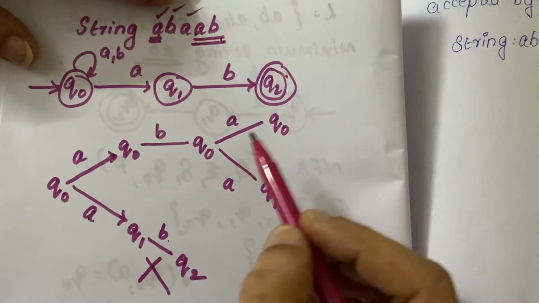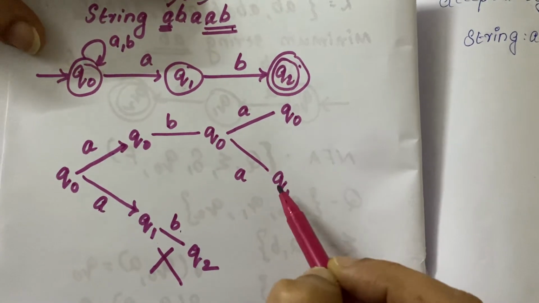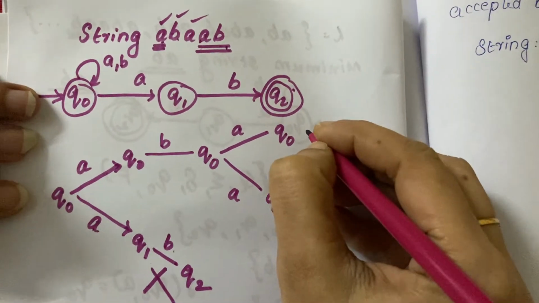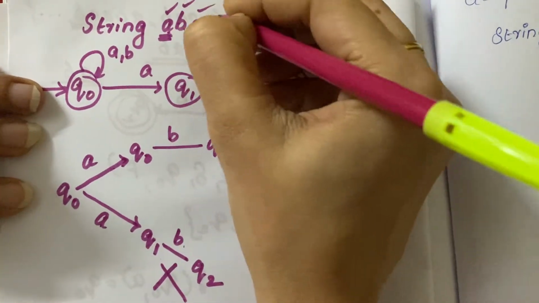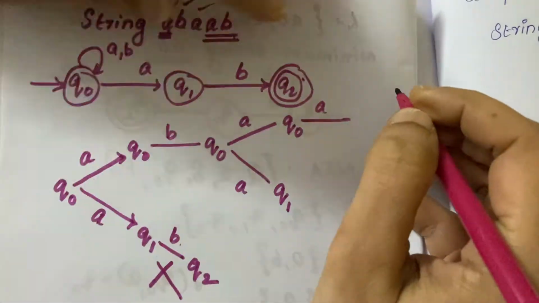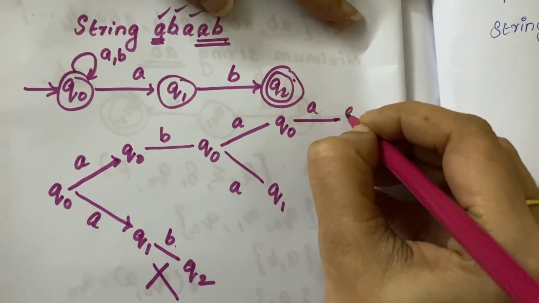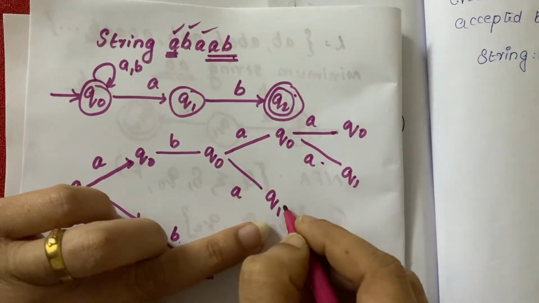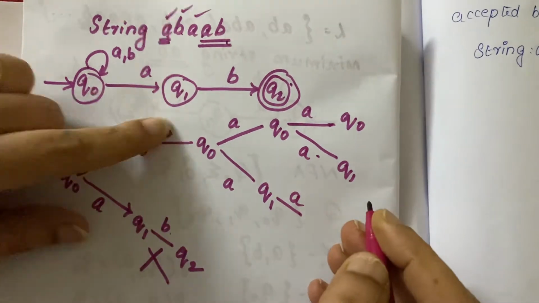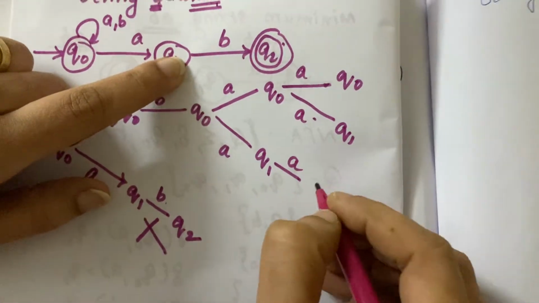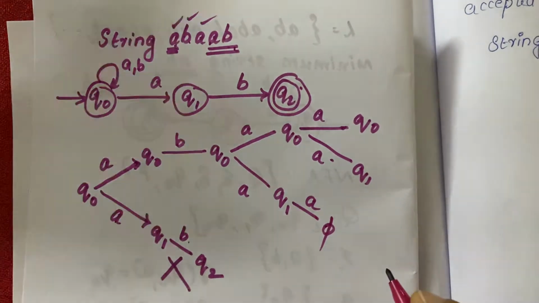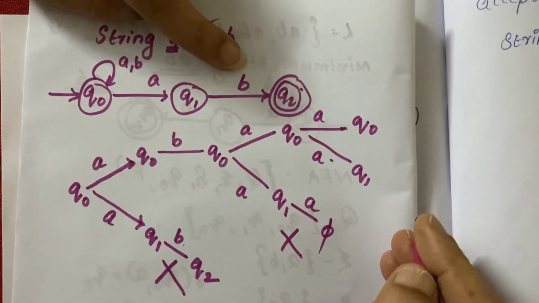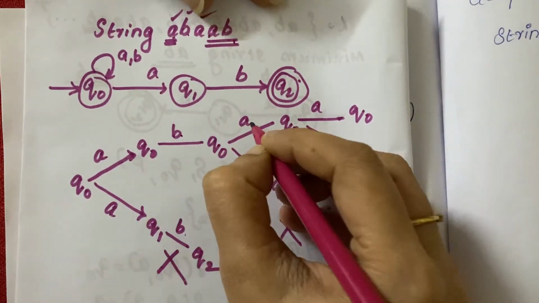Next, A. I told you, here Q0, and we have come to Q1, correct? So A, B, A is over. Next, one more A comes. Again there will be a split into Q0 and Q1. Now, Q1 on accepting A: just see whether Q1 accepts any input symbol A. No, it is not going anywhere, so this also is not acceptable. Now just check Q0. A, B, A is over.